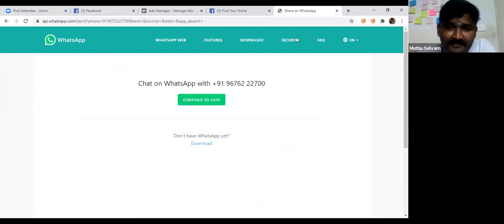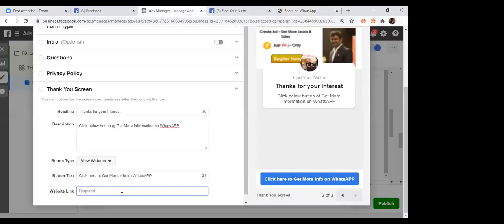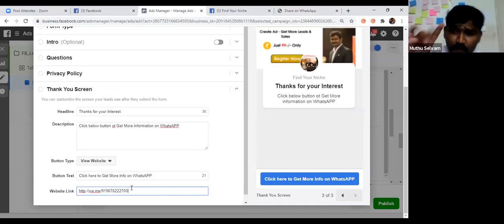This is your website. If you don't have a website, your WhatsApp is your website. That link I copied, I am clicking here. If you want to visit your website, you can give your website link, not an issue. I'm telling the option for those who don't have a website and want to run an ad: they can do this simple methodology.